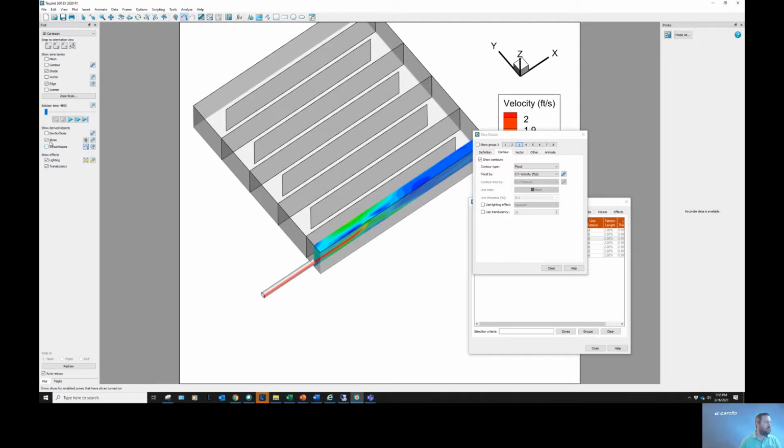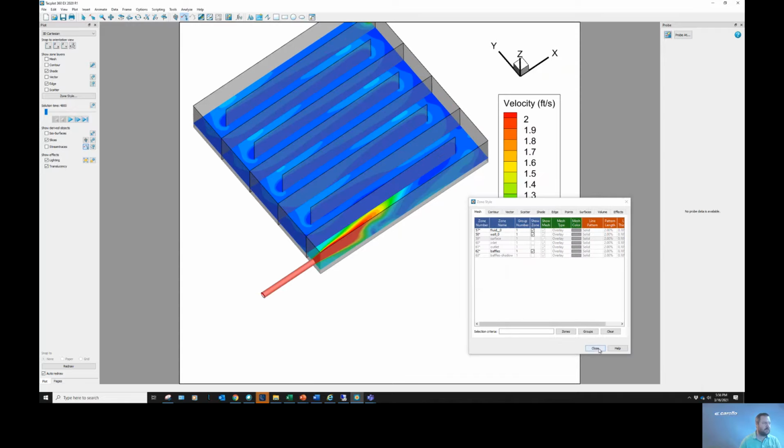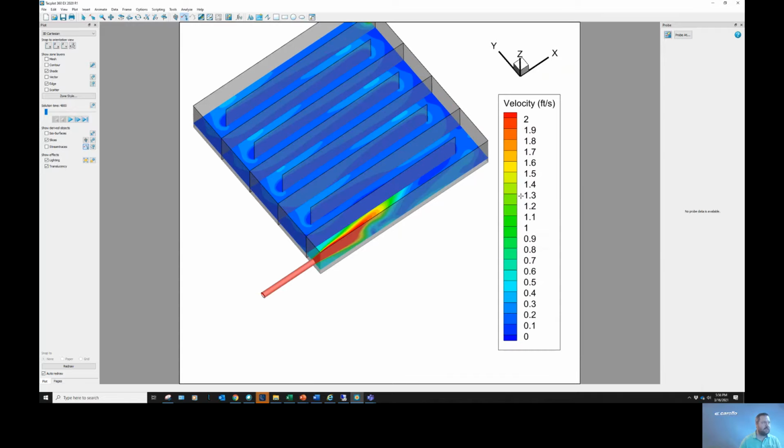We're also able to look at or develop animations. So we'll switch what we're looking at here and lower this to the center line of the pipe. And so here's the velocity at the center line of the pipe. We'll switch our contour variable